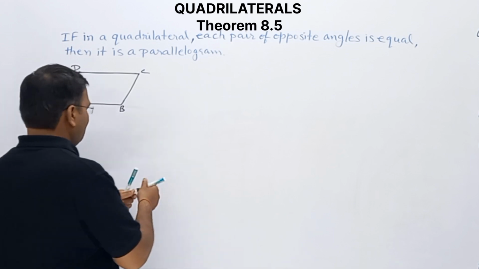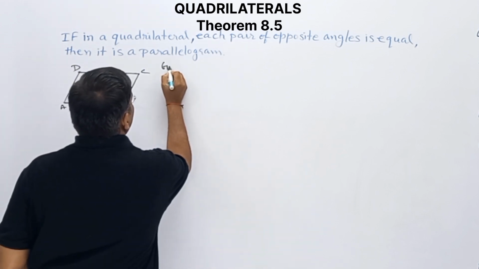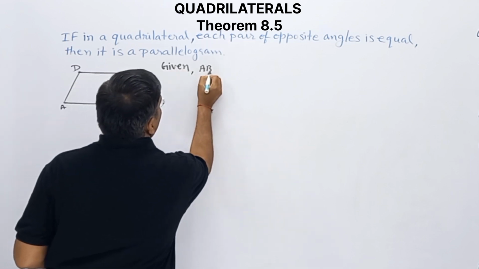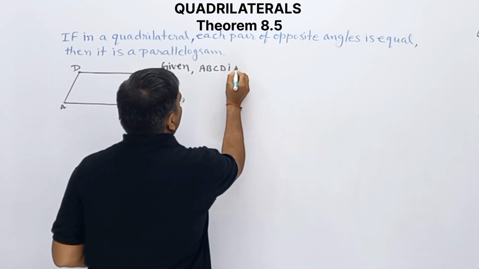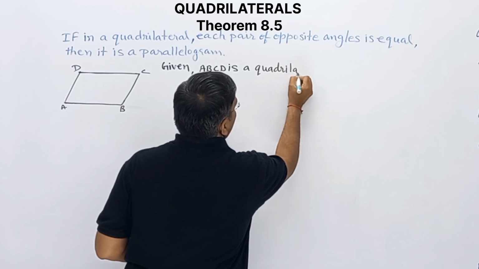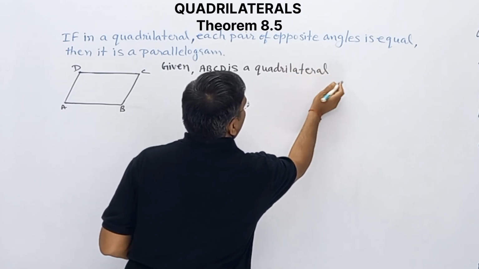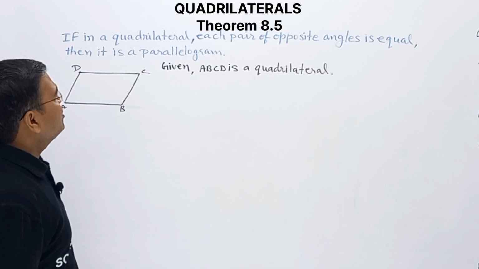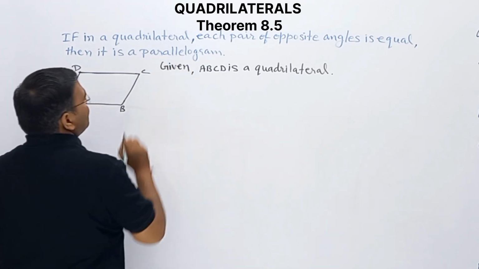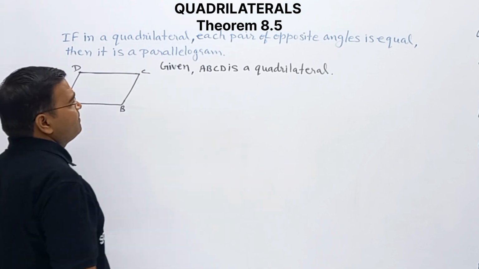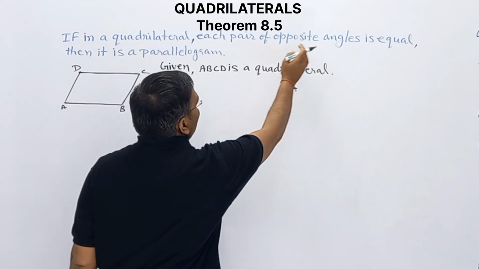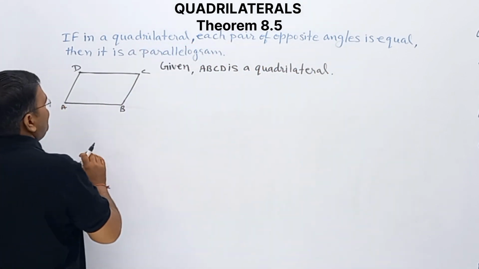So, first I am writing the given things. Given ABCD is a quadrilateral. Another thing, if in a quadrilateral each pair of opposite angles